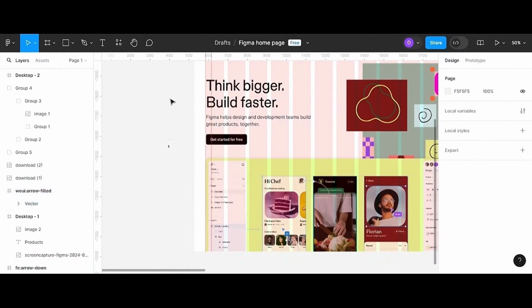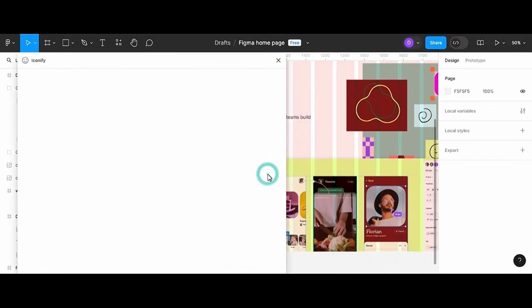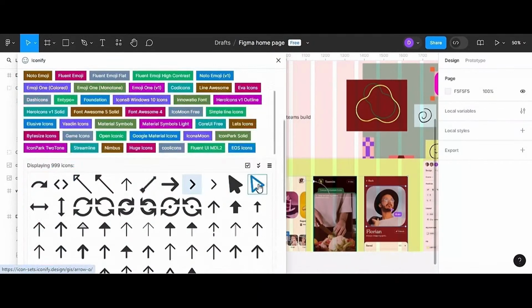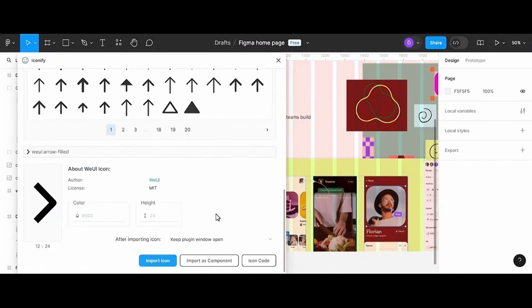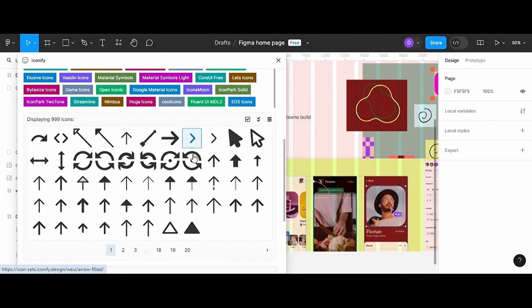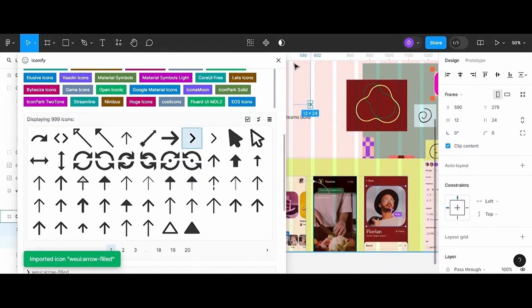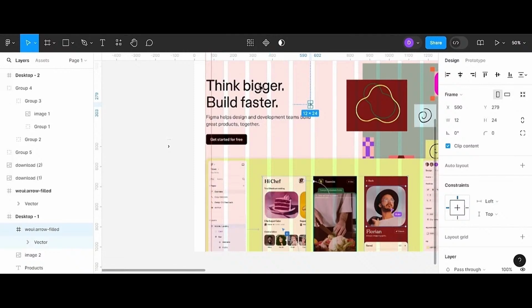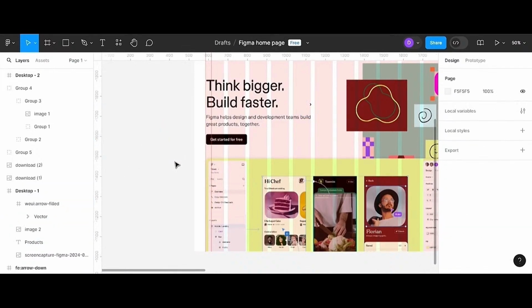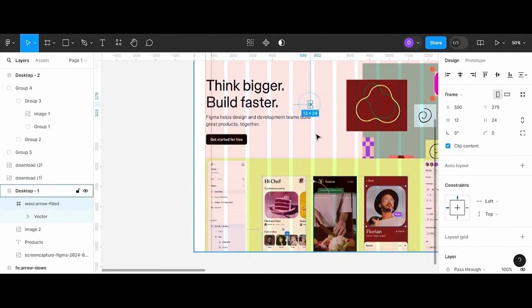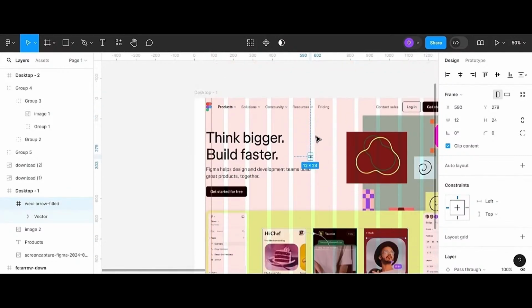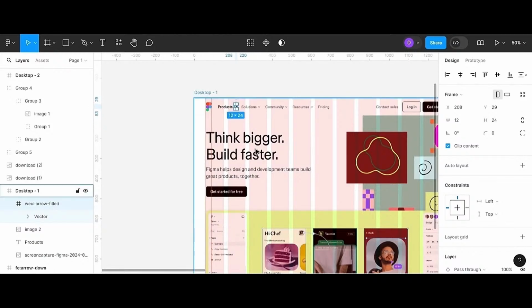That is the icon. Another way I can do it is to click on the icon, staying on the page. So instead of using the import icon button, I'll just select the icon and drag it out. So it's easy for me to see where the icon landed. I'm going to delete this one, and I'll use this icon. I'm going to move it to the top here. Now I'm going to zoom in,